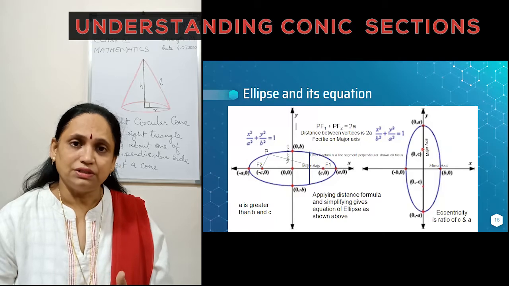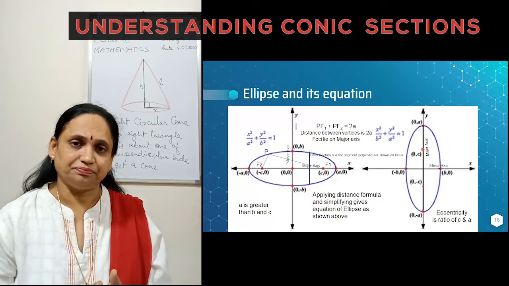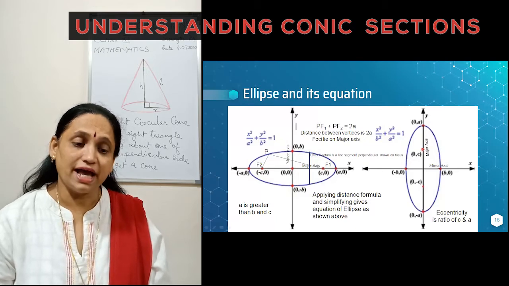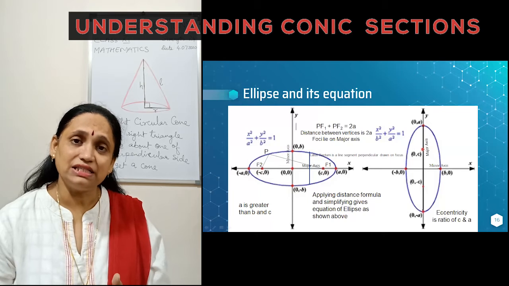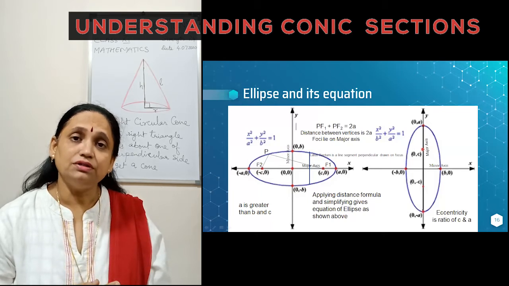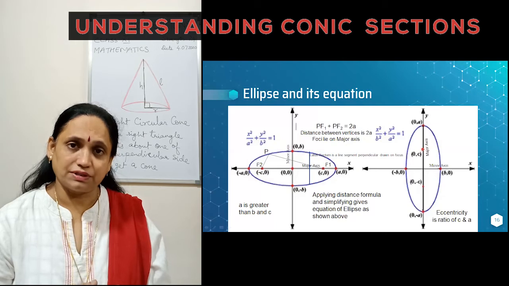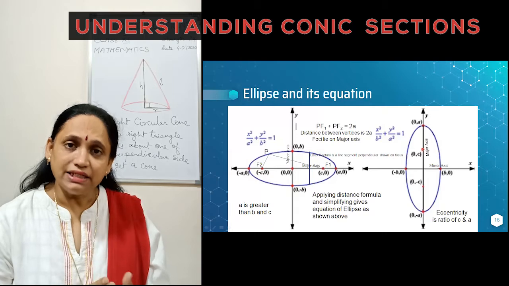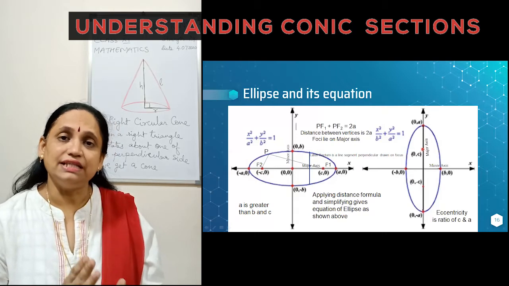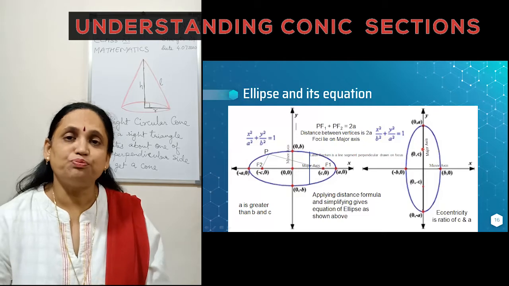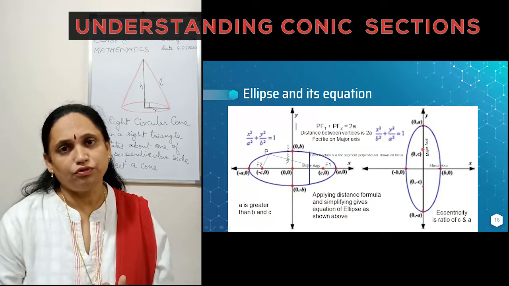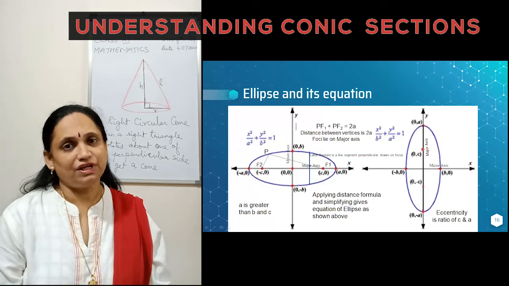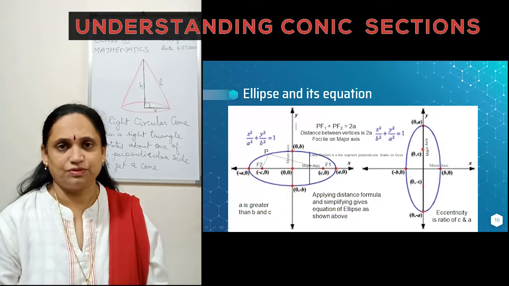Now, the next one is the latus rectum. We have another part of the ellipse which is called the latus rectum, and this means it is a perpendicular drawn on the focus on the major axis. So the latus rectum is the length of the line segment that is perpendicular to the major axis drawn at the focus. Now we use the definition of ellipse to find the equation of ellipse.